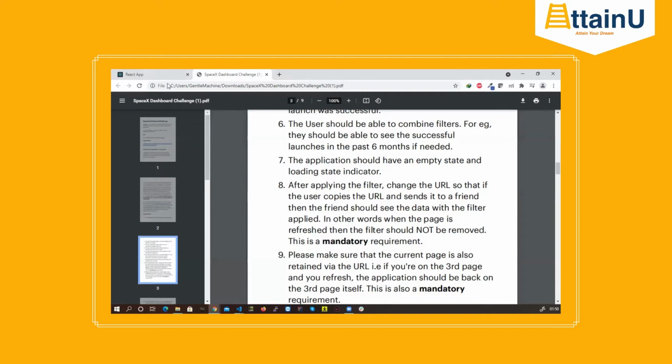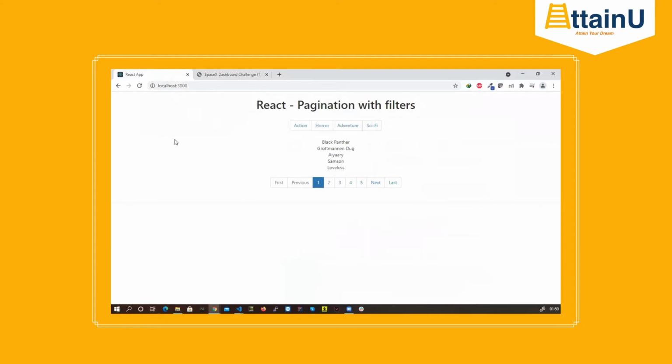Let me show you the application first. So this is our application. It's running on a port here. You can see there are no routes right now. It's a basic React pagination application. You'll see at the bottom we have pagination. At the top, these are your filters: action, horror, adventure, or sci-fi. And here you can see we have 5 records. Right now I'm paginating based on 5 records in a particular page. If I have more than 5 records, then you will see this pagination, otherwise you won't see the pagination. And when you click on next, you can keep on going to the next and next page.